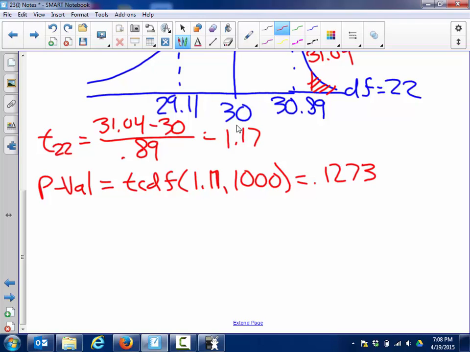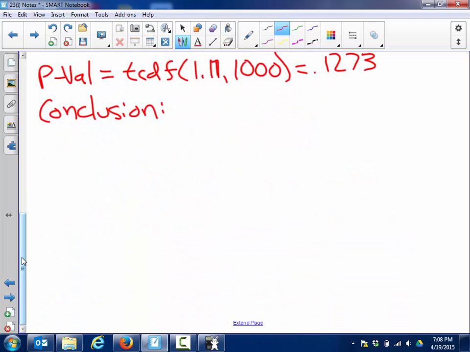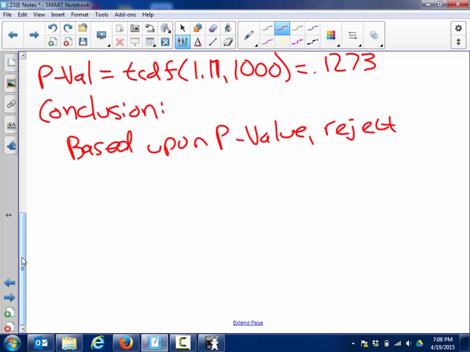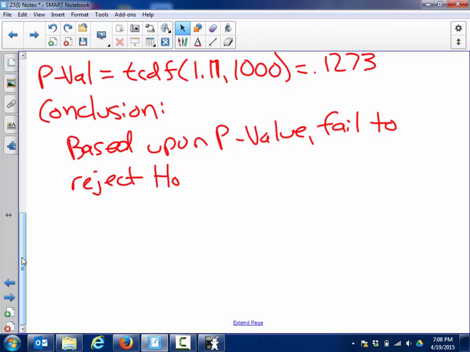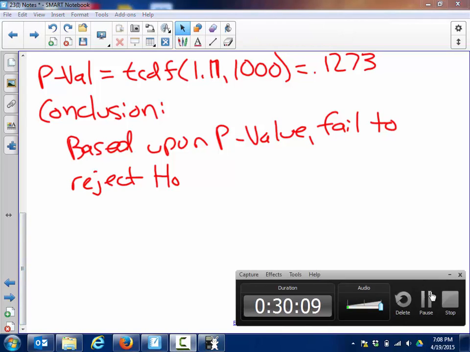To do that, same types of procedures you would do for a normal bell curve. You're going to say, let's find, instead of a z-score, a t-score for these 22 degrees of freedom. You take your sample data, you subtract off your mean, you divide through by your standard error. This comes out to be 1.17. And now, instead of normal CDF, you use TCDF. And this will get you the p-value. So your p-value is equal to TCDF from 1.17 up to